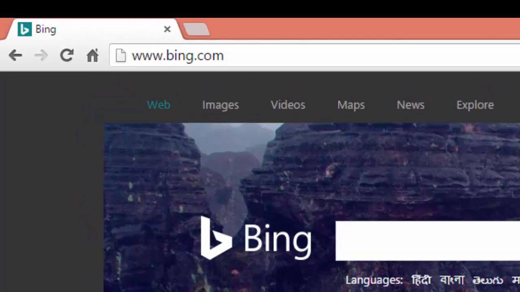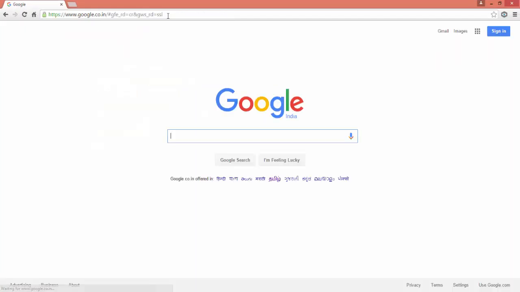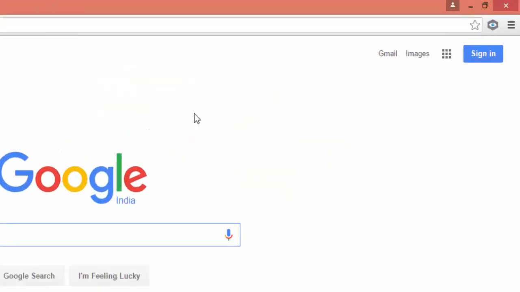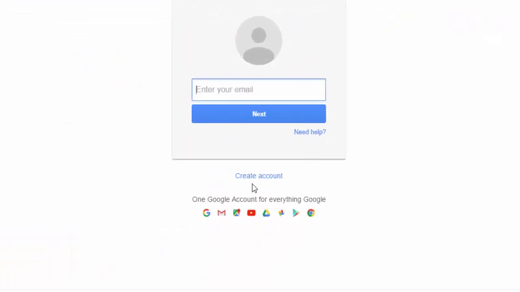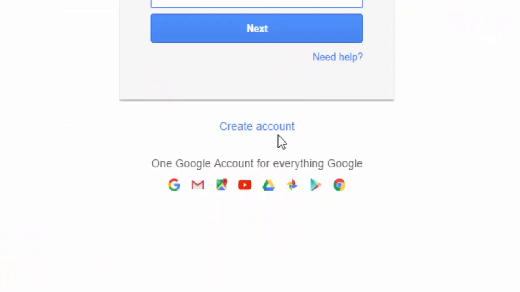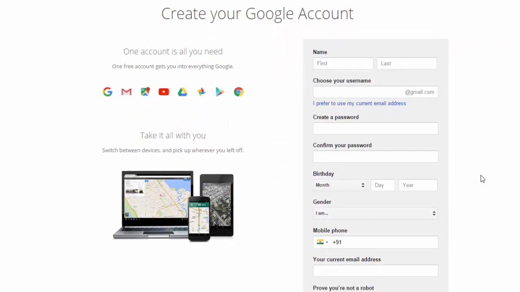Once you open the browser, open google.com. Once the page is loaded, you can go to sign in, and under the sign in you can see the link called create account. Click on the create account, which will take you to the page where you can input the basic information